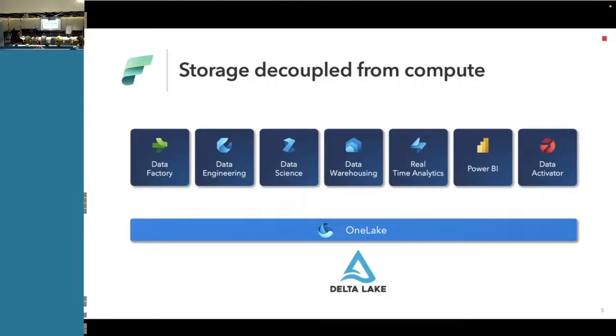So those products are super similar. Both of them are available on Azure, and both of them are complementary with each other. Both of them can work on the same ADLS Gen2 data.